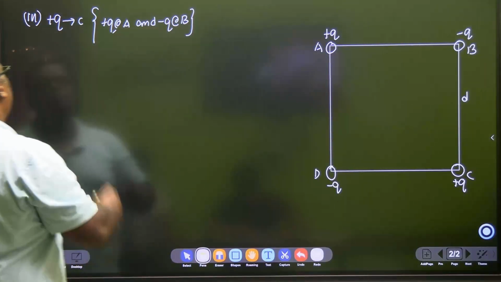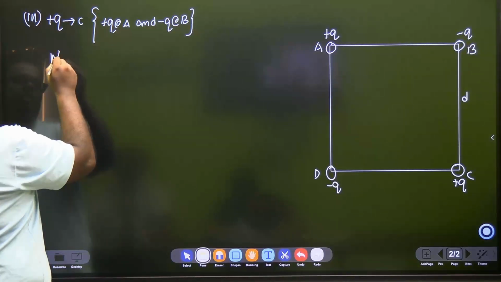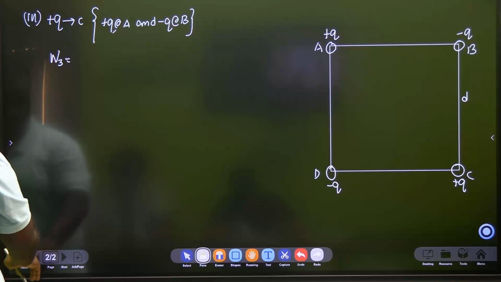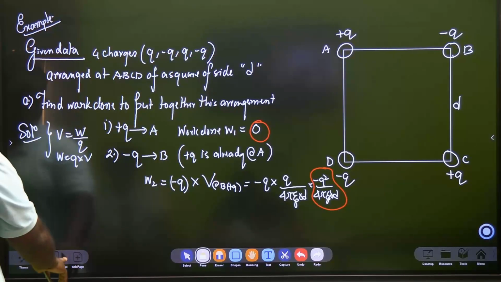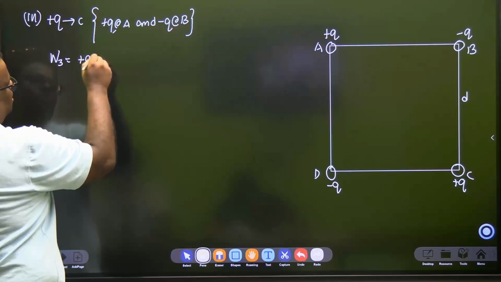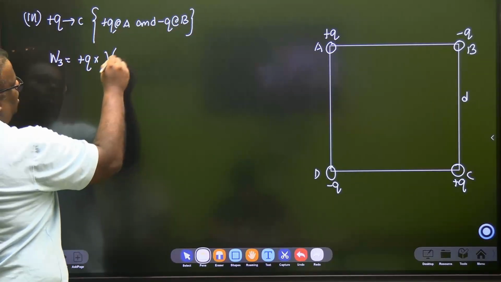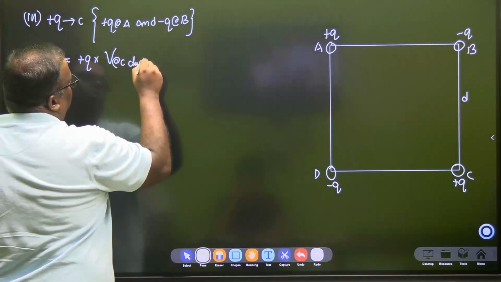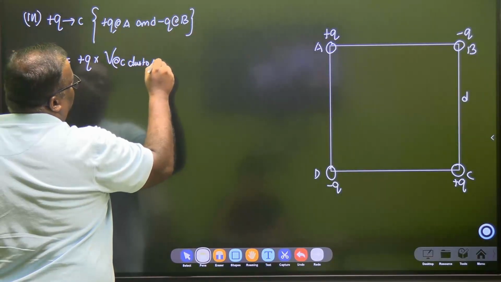So here the work done, that is W3, will be plus Q times the potential at C due to A and B,